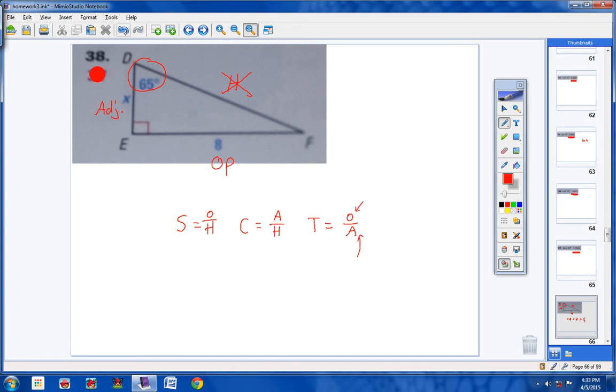Got it? So here we go. We can set up a really nice equation. Tangent of, what angle are we dealing with? We might put angle D, that's true, but we have an actual number we can put in there. Tangent of 65 degrees equals opposite over adjacent. There it is. Now, here's your unknown. First of all, remember something right off the bat, students. Tangent of 65 should not be confusing. Please listen to me. Tangent of 65